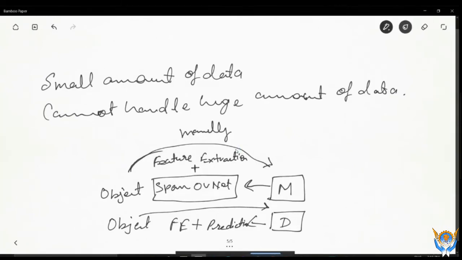Okay, now what is the problem? The problem is, if I am doing feature extraction and this kind of thing, suppose you have a very large amount of data. At that point of time, that manual feeding is computationally expensive. When you have a large amount of data, if you manually feed features for your data, that is computationally expensive, and that is practically not possible.